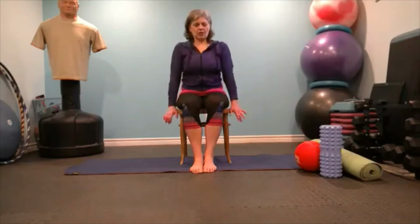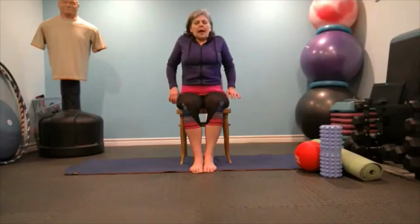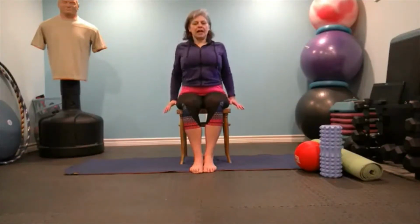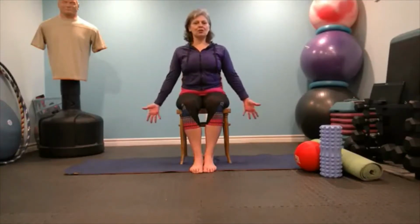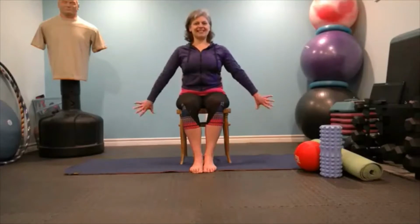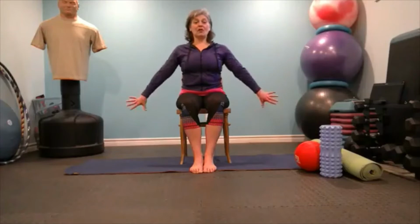All right, shoulders are drawing up, back and down, up, back and down, up, back and down, reaching those arms to the floor and really reach. I want you to reach out of those shoulder joints and then spin the thumbs up and down. Spinning the thumbs up and down, up and down. Good. So we are working through the shoulder rotators. If you are seated on the floor instead of in a chair, you may not have room to do